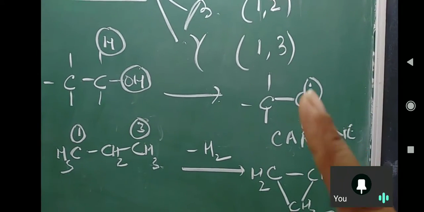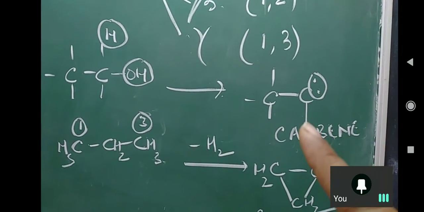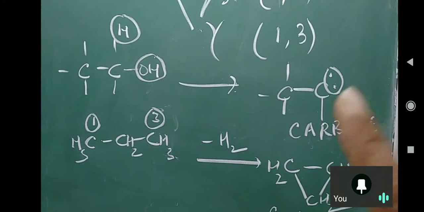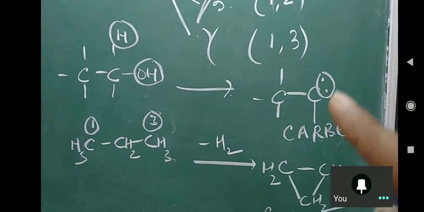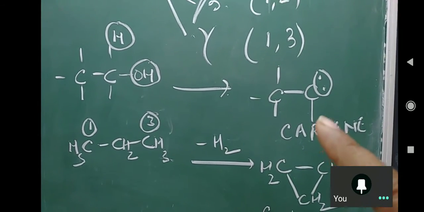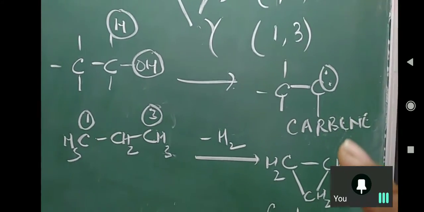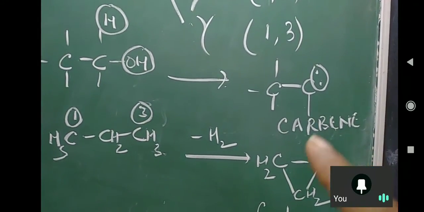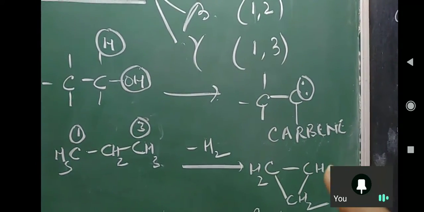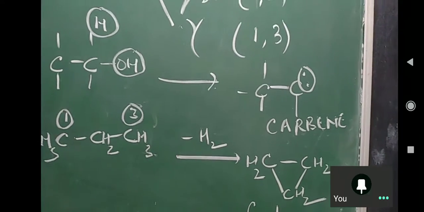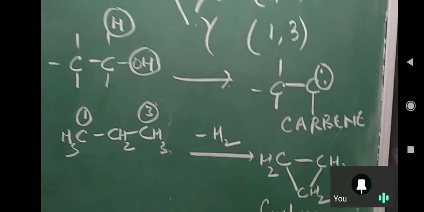In free radical, we have one electron. Okay. In carbocation, we have an empty p orbital. In carbanion, octet is complete, only negative charge is there. But in carbene, we have two electrons, which can form two bonds. Such a reaction intermediate is known as carbene. So yesterday I had said I will explain you carbene later on. It is at this point I will do it. Okay. Carbene is formed by alpha elimination reaction.